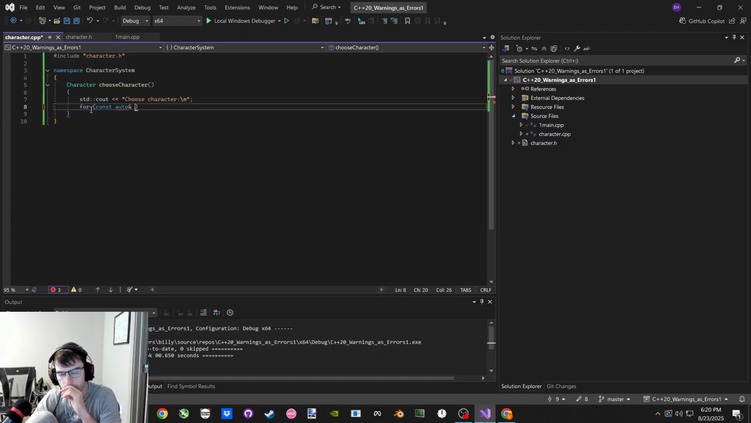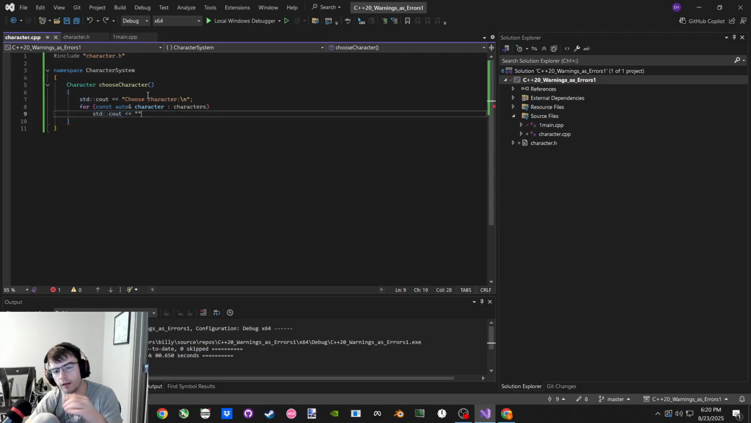So we'll do constant auto reference element, or we could say character in. Oh wait, is this gonna be weird? I think it's fine. Constant auto character. It doesn't know the types. It is an error. And we'll do... And actually, we need to... Well, no, this is fine because we're not saying 0 character name, 1 character name, choose a number. Instead, we're putting the characters. So we'll say